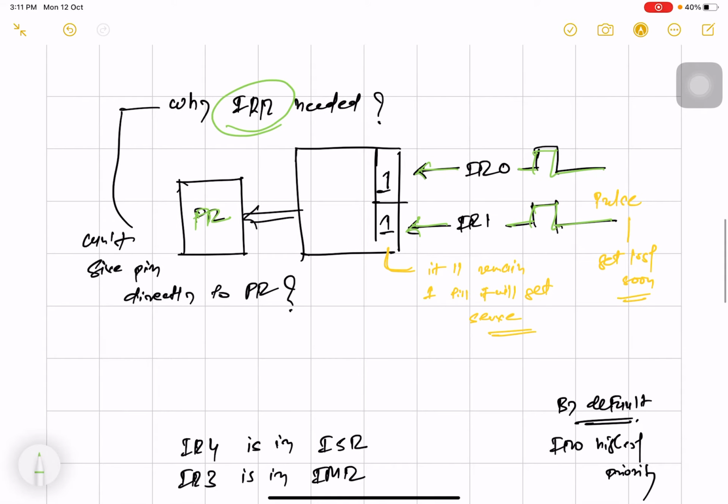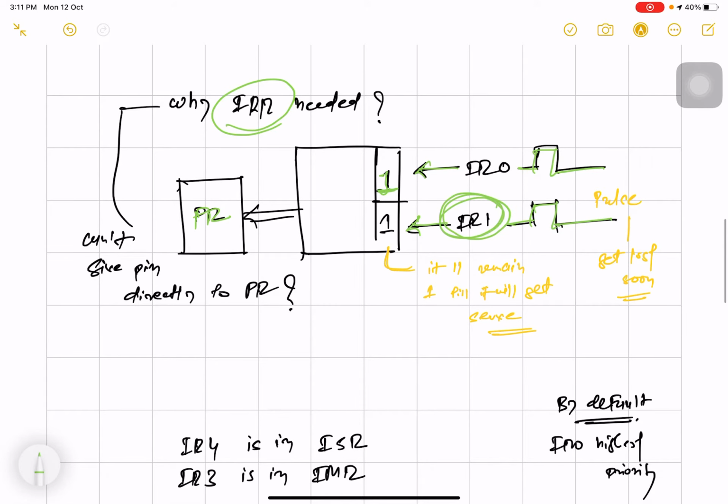Now in this case 0 has higher priority, so both will become 1, and because of the higher priority this will go in service, right? Now what about IR1? Because if I give this directly to PR, when this IR0 is running, suppose it requires 10 seconds, right?